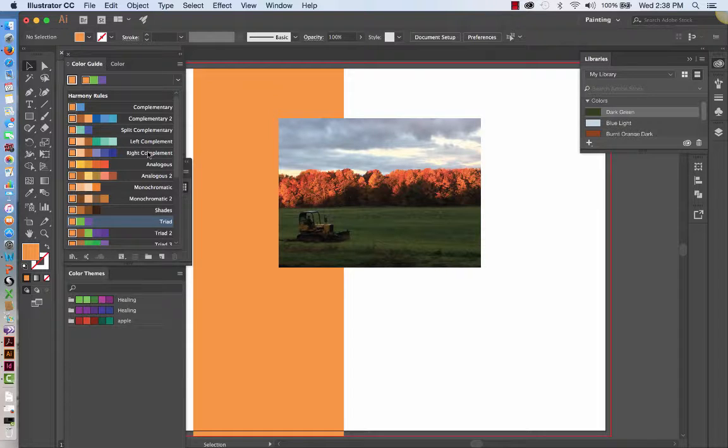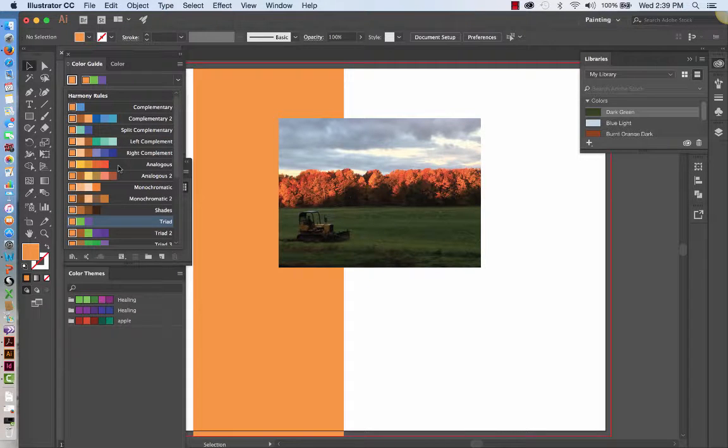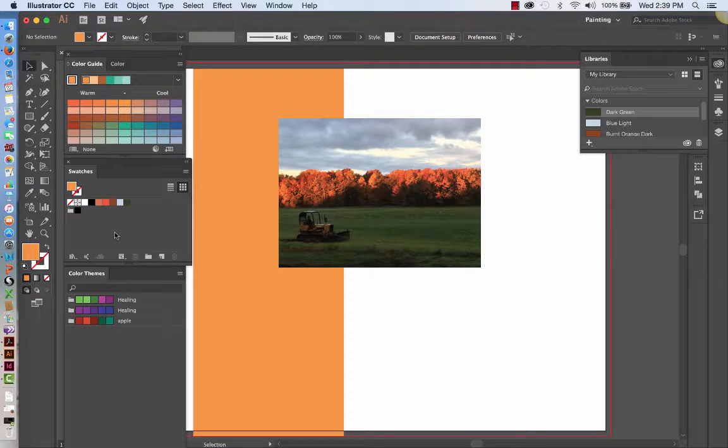Left complement, right complement, analogous. Those are the colors that are right next to one another, using, again, this base color as the starting point. Monochromatic, you know what that is? That's just different tints and shades of a particular color. There's the shades and then a triad and so on and so forth. So these all are based on color theory, and I am going to pull up this group,